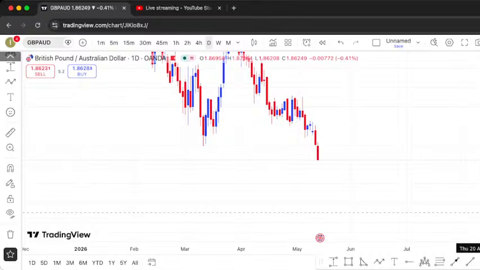It has been very, very bearish. It has been dropping massively in the last 2 days, Monday, Tuesday. The market has been very, very bearish. So the good thing is just continue with the trend. Trend is your friend. Always follow the trend. So the trend has been bearish.